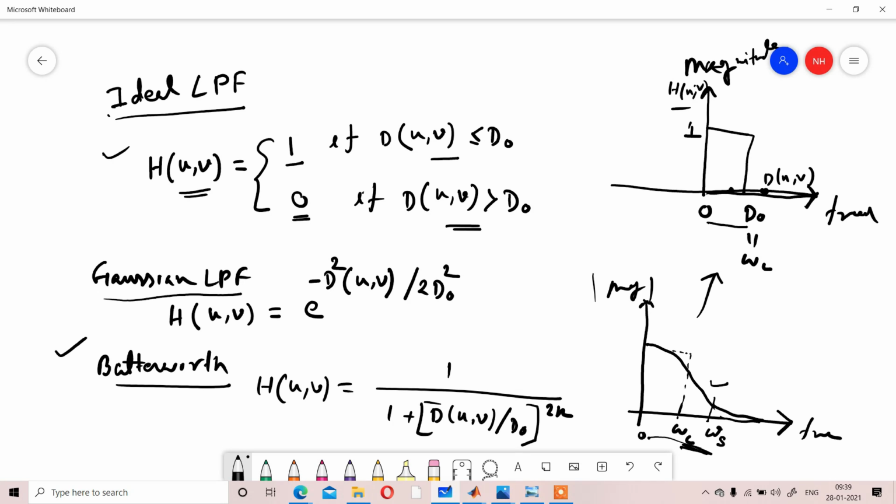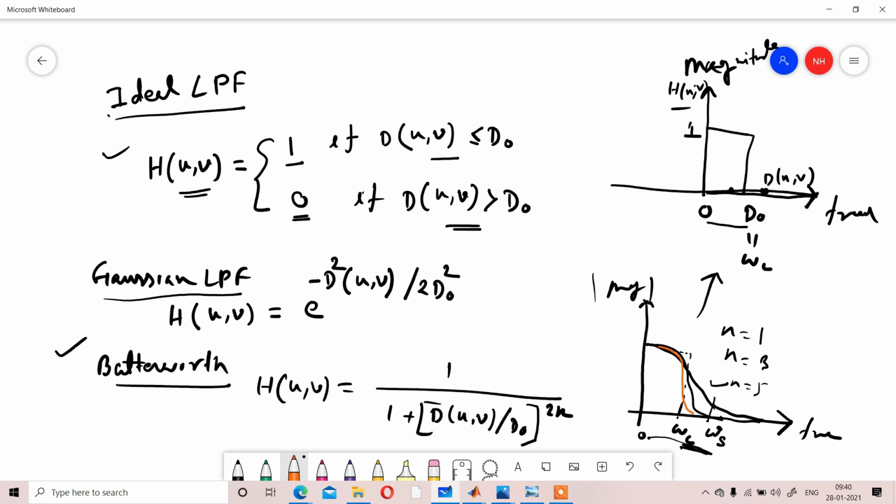To make a filter that tends to ideal, you simply need to increase the order of the filter. If we have order n equal to 1 for this case, and we change from 1 to 3, what will happen? You will get a filter like that. And if n equal to 5, again you will get a filter like that.